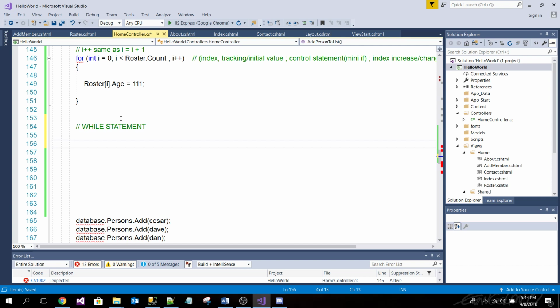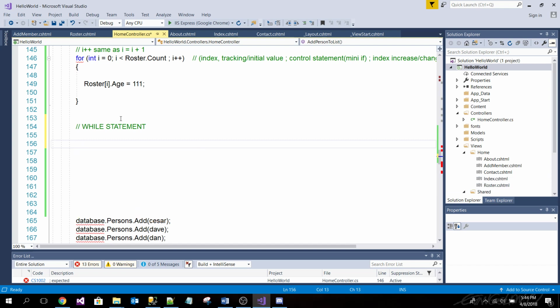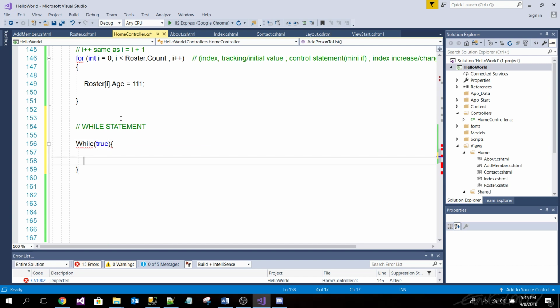I'm just gonna give you the while statement, which is pretty quick, pretty easy, especially since you know the other two already. It's called the while statement or the do while statement. For now, we're just gonna do the while statement. Since the other ones are not really used that much anymore, these are the main ones that are used. So while whatever's in here is true, do this.